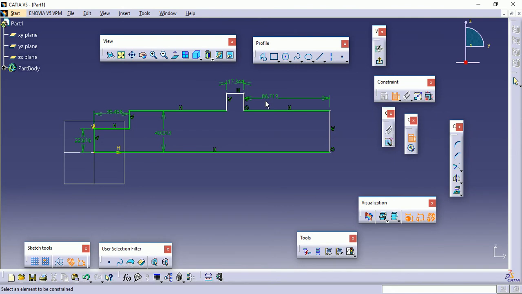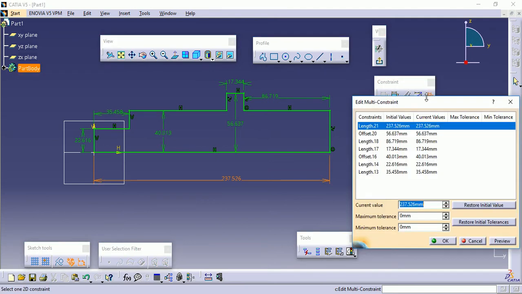So now almost all the dimensions are completed. Now we will modify this, so we will go to edit multi constraint. So this dimension is 101.50.